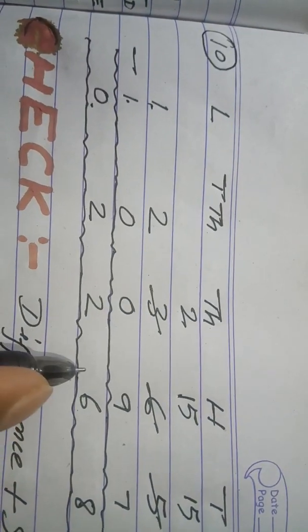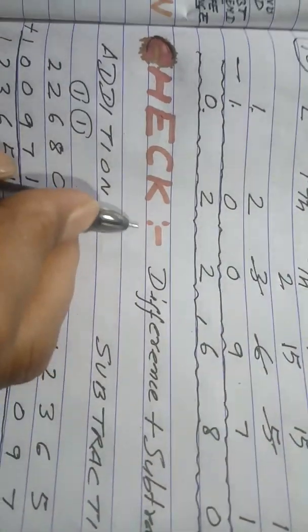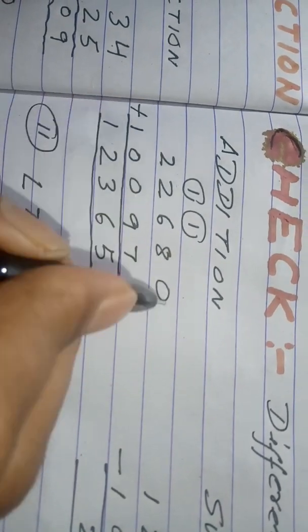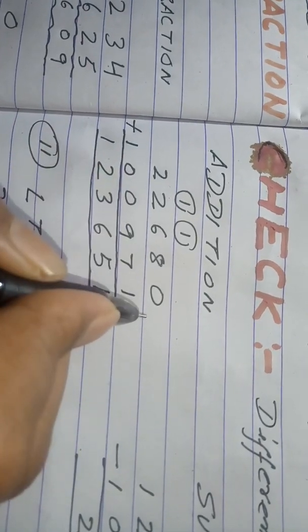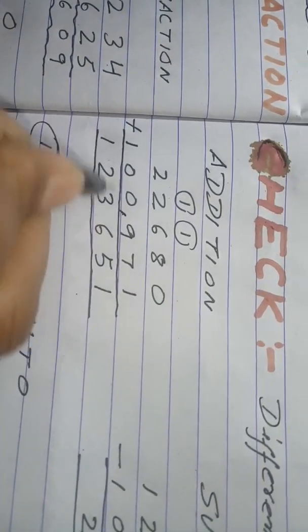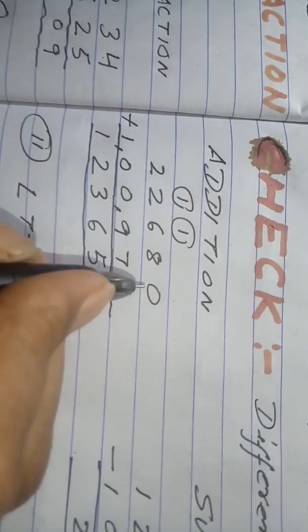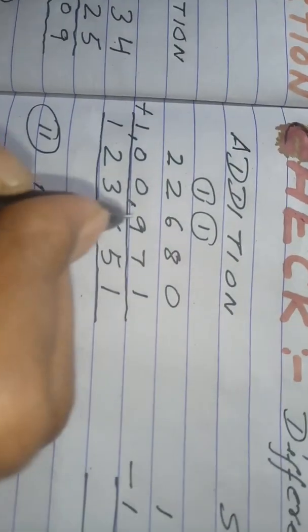So our answer is 22,680. We have to check our subtraction. For this, we add difference plus subtrahend. Difference is 22,680, and subtrahend is 1,00,971. We add these two numbers: 0, 1, 1, 8 and 15, 1 carry, 7, 9, 16, 1 carry, 1,